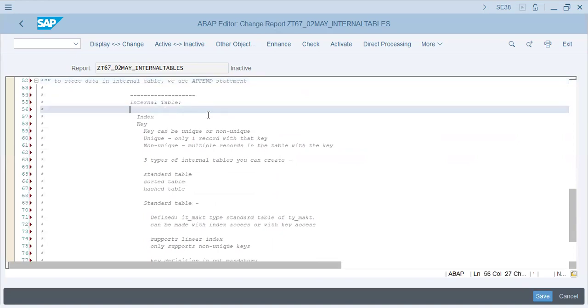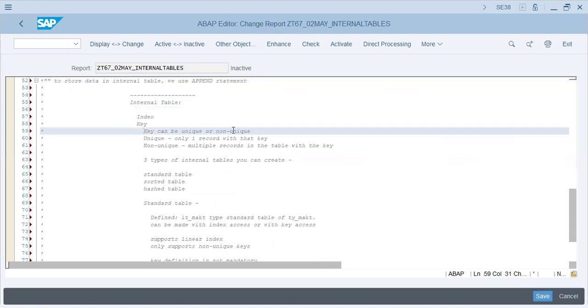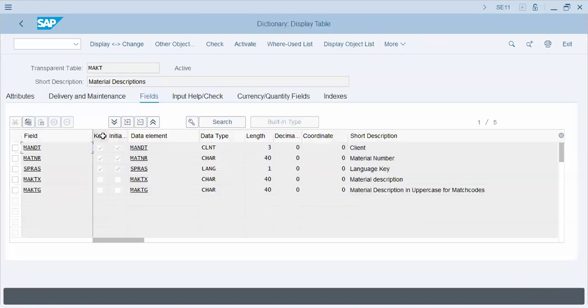Internal table can have different forms. For example, key can be unique or non-unique. Unique in what sense? Let me just show you that. This is your key field. It will be unique. This is also a key field, Matnr, unique. Why? Because one material number cannot be replicated with another. That means there will be only one material